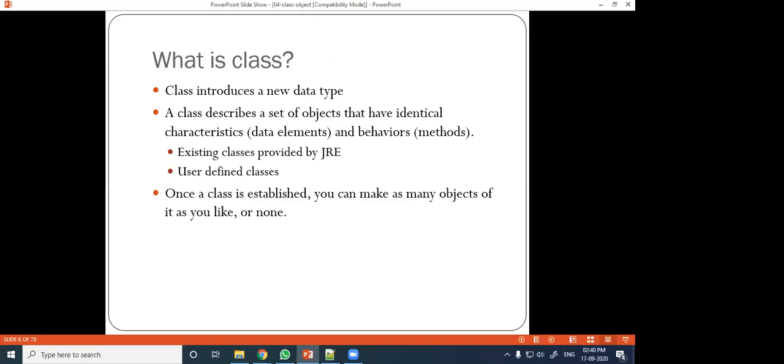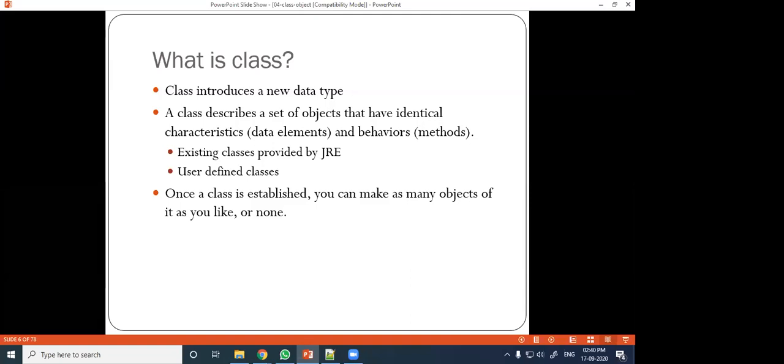So in Java, a class introduces a new data type. A class describes a set of objects that have identical characteristics and behaviors. Some existing classes are provided by the JRE, like our Scanner class, and some are user-defined classes which we will define.